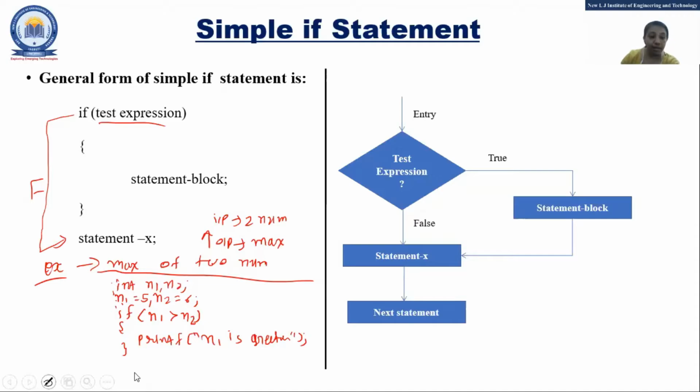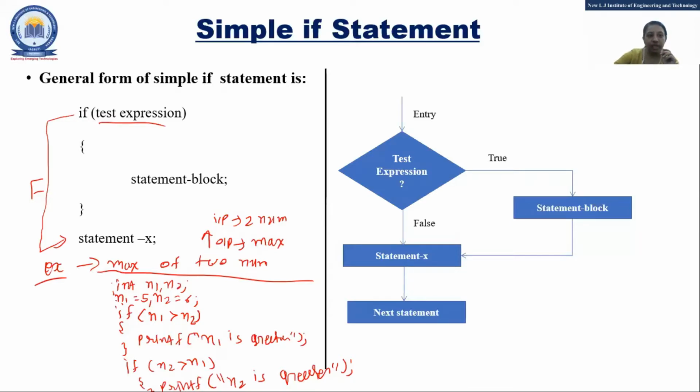So for n2, I'll write another if statement: if n2 greater than n1, then printf n2 is greater. Two if statements. Whatever number of conditions there are, you have to write that many if statements, because we know only the if statement. Clear? Or any doubt?